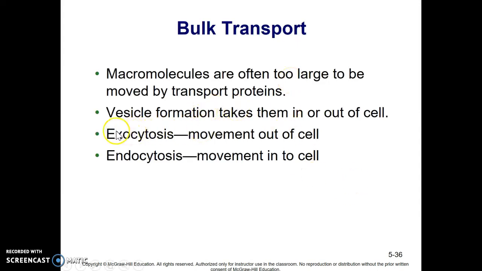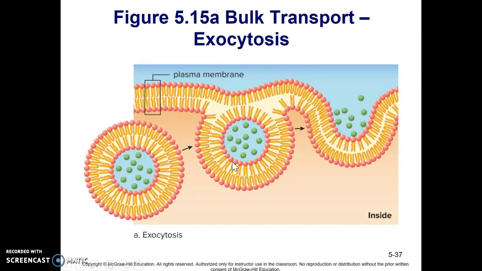So if we're bringing big molecules into the cell, we call it endocytosis. If we push them out of the cell, it's called exocytosis. So exo like exit, endo like bringing in. Here's some great pictures of how this actually works. So this is exocytosis. We have this vesicle. It's a double membrane phospholipid bilayer. We've got these green molecules we want to push out, and it fuses with the plasma membrane and pushes out